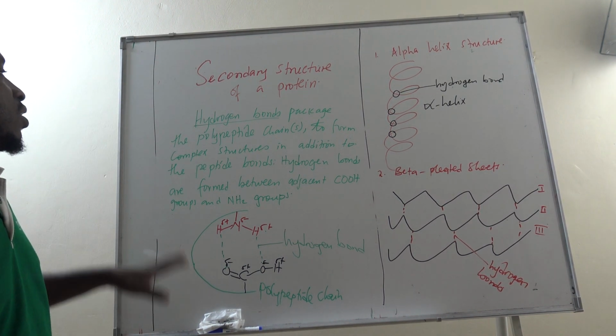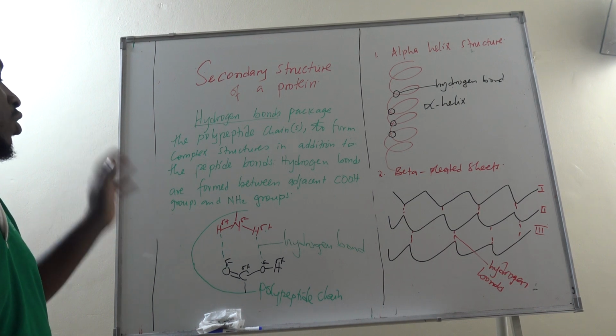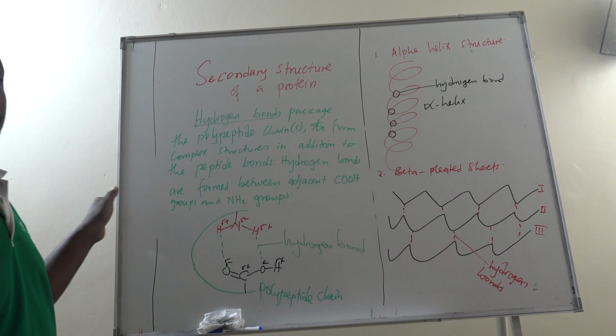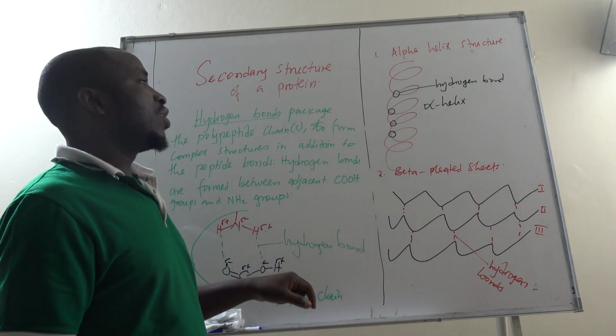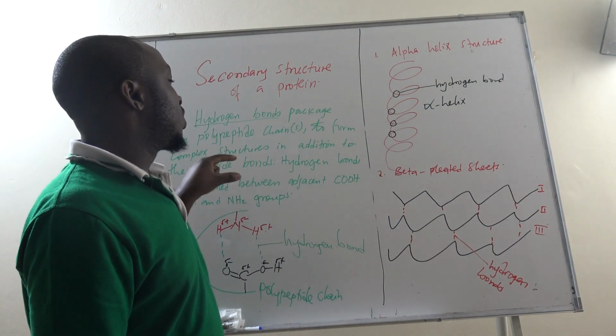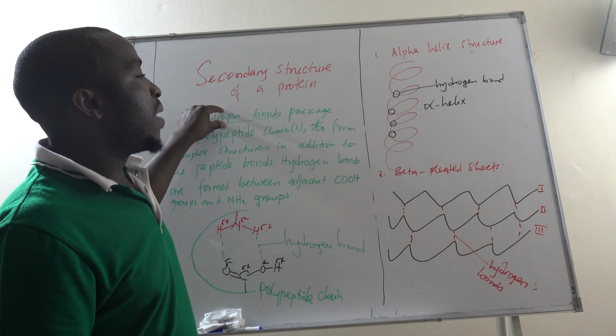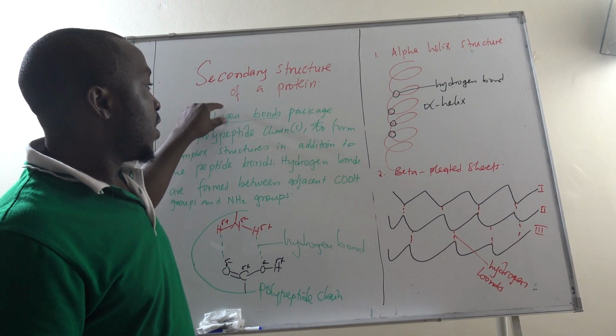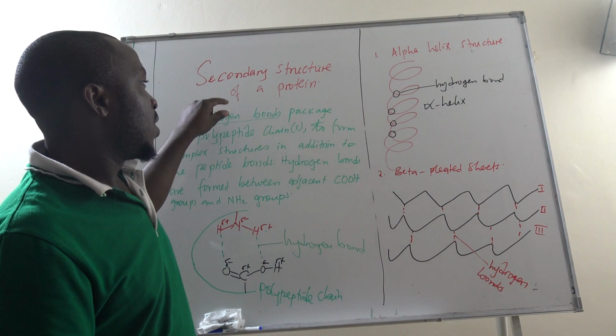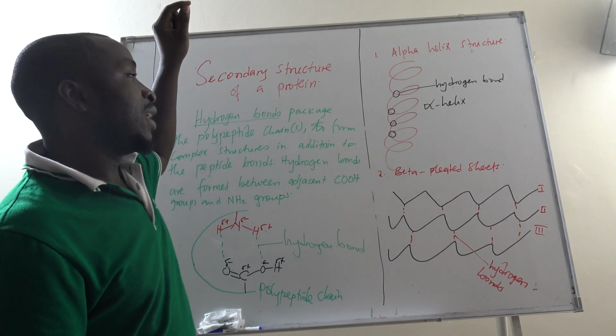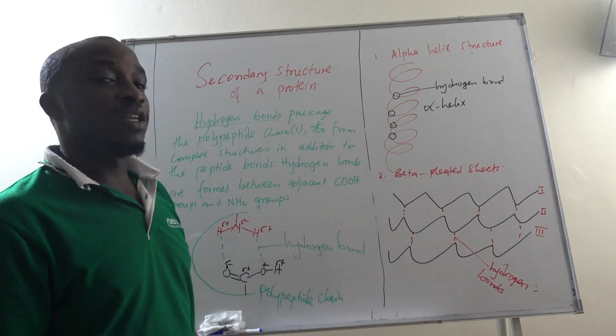The primary structure, which is all about the sequence and kind of amino acids present in the polypeptide chain. Then the secondary structure, which is packaged by hydrogen bonds. So in our subsequent sessions, let's come back and see the tertiary structure and the quaternary